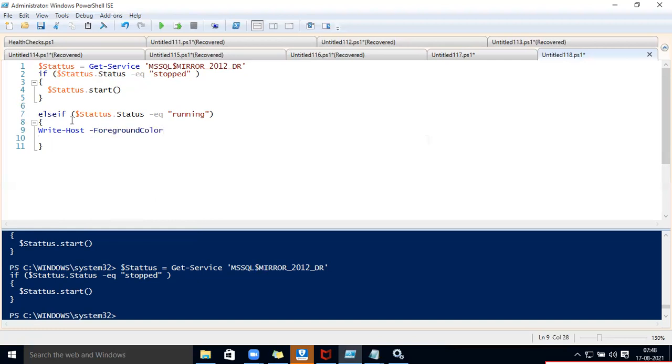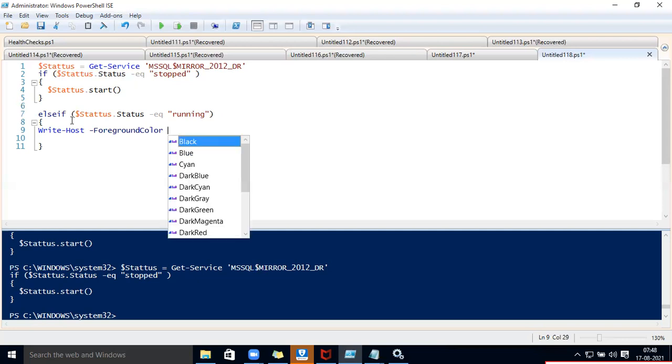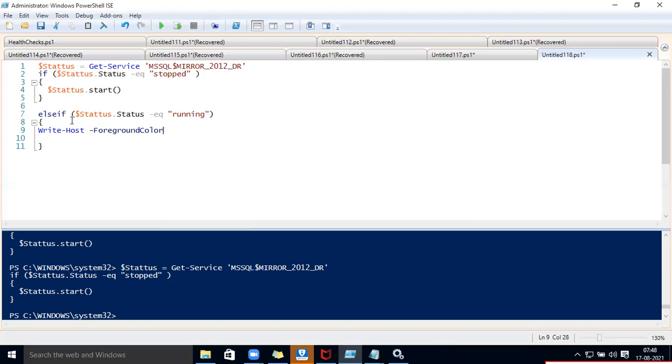This is if you want to display any result in color. So remember this also, because a few of these things will be useful for you. If you want to display anything, I am writing black, blue, green, whatever you want. I can go with blue, right?